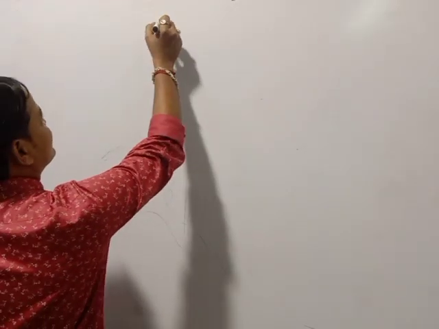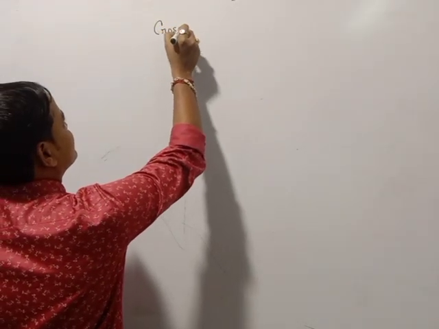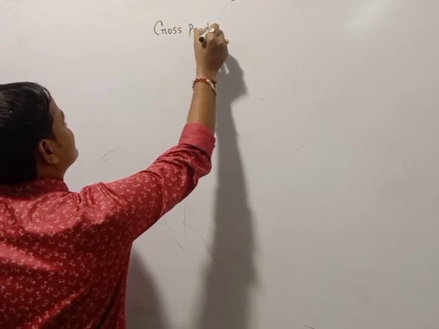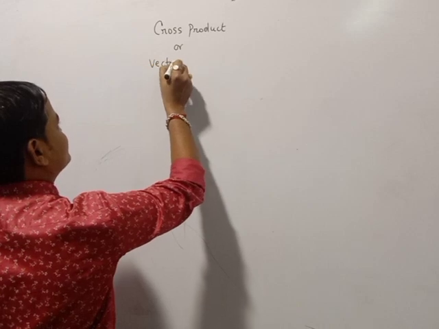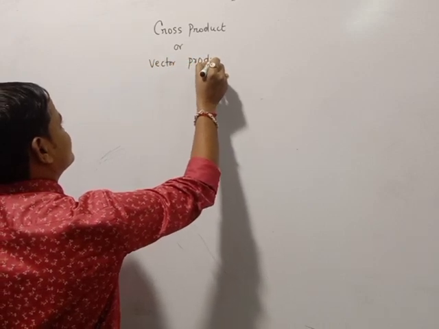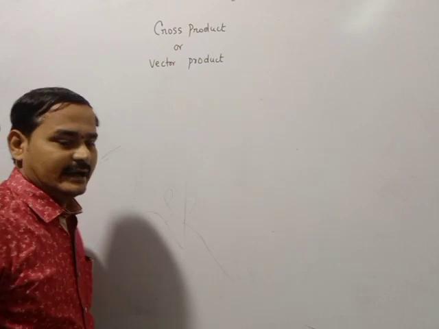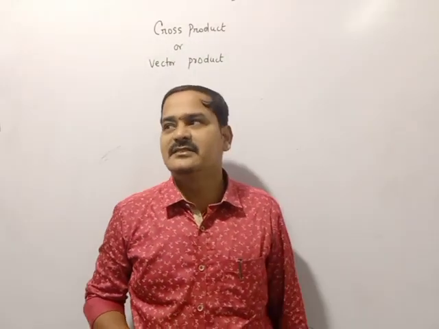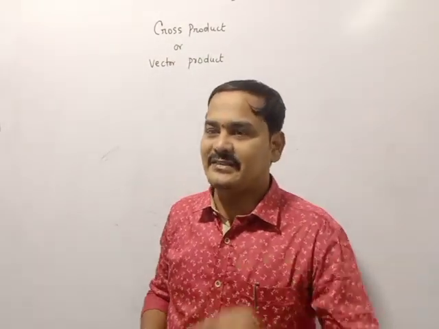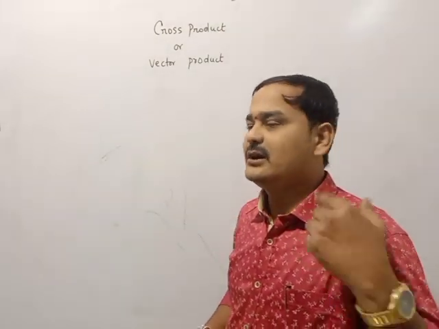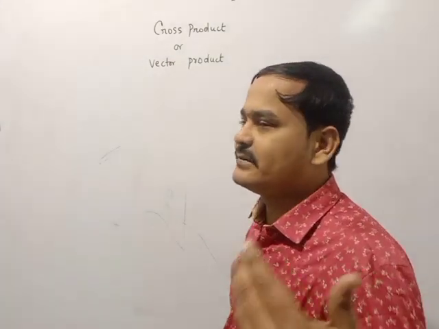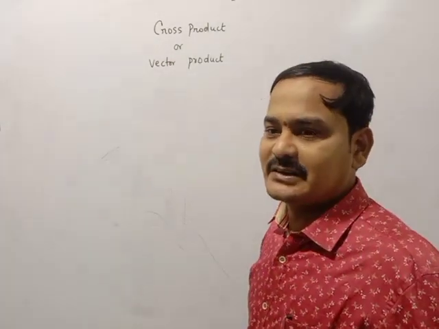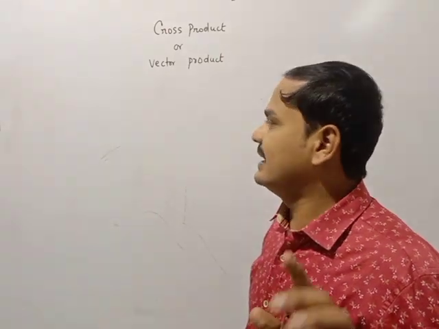Okay. Now the concept is cross product, or vector product. This concept in physics, in your first year, you are using everywhere. When angular momentum is coming, you are using the cross product. So according to the torque, you can go for the torque formula. What is that? R bar cross F bar, like that.